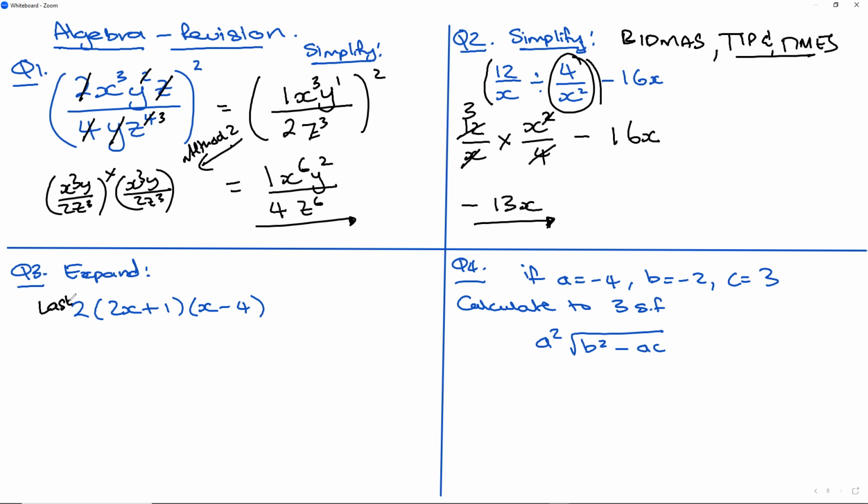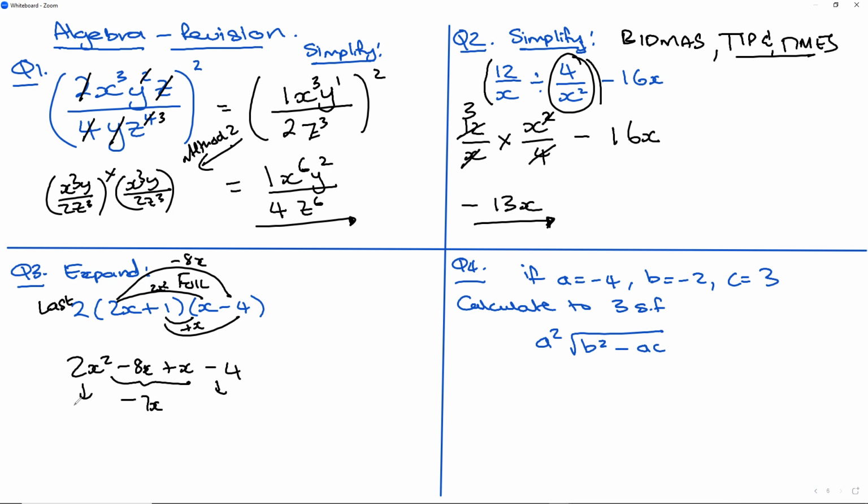Expanding the following, I'm going to leave the 2 for last. And over here, I'm going to use the method of FOIL, where I multiply first, outer, inner, last. That gets me 2x squared, 8x, but a negative, plus x. And you can see these two are like terms, which will simplify to negative 7x in the next step. And the last one, 1 times negative 4, negative 4. So bringing down those last and first terms, 2x squared minus 7x minus 4. All right, and that's going to be the final answer before